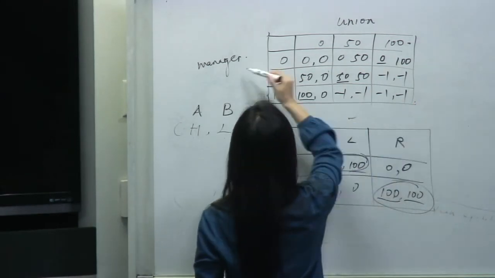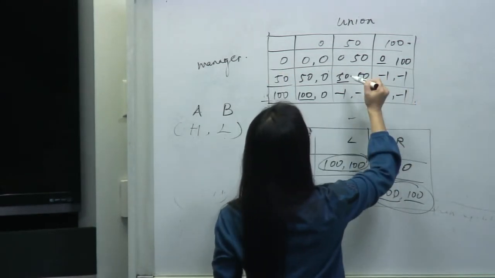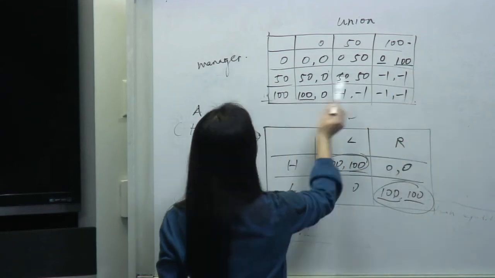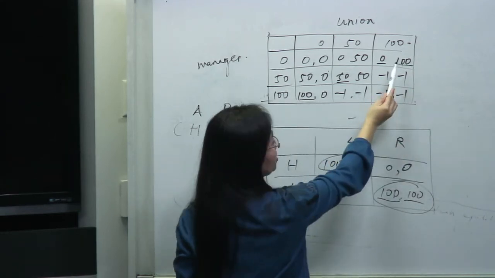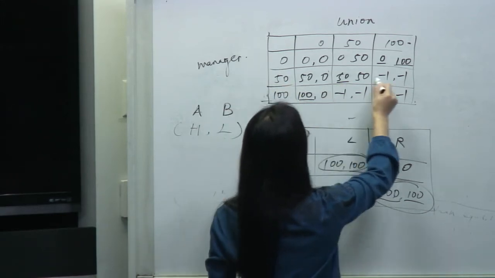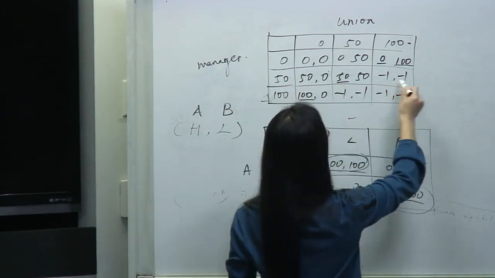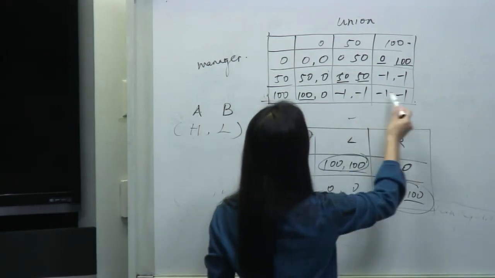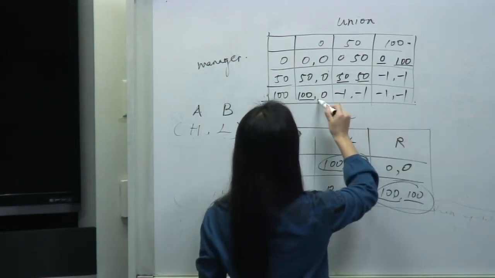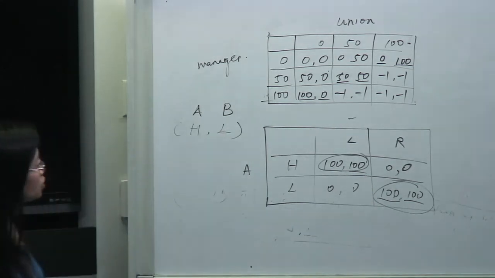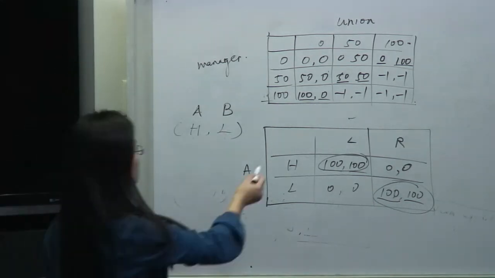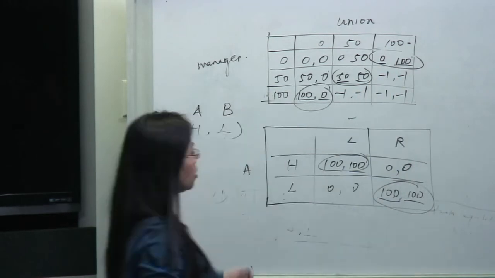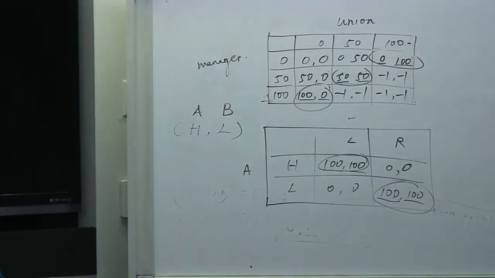When the manager chooses here, 0, 0, 100, 0. You have to mark the correct number, okay? And when we're here, 50, 50. When we're here, 0. Okay? Do we have a Nash equilibrium? 3 of 3. So all of the three are Nash equilibria.